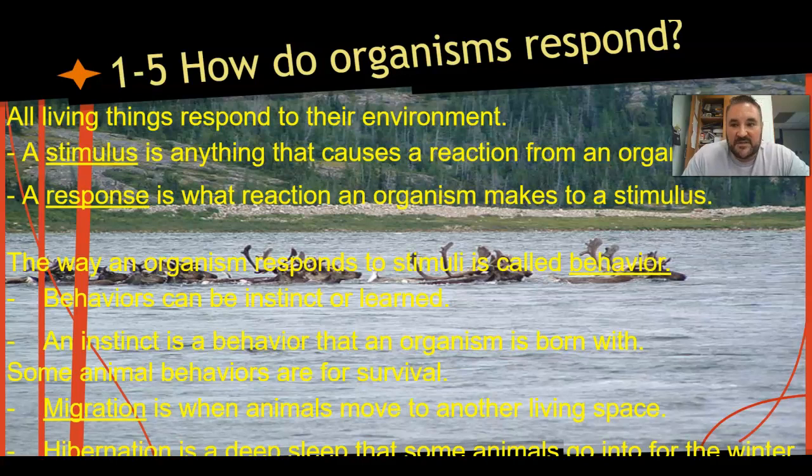A really good example this time of year, migration, when animals move from a feeding area to a breeding area usually. Common in this area, we have migrations of birds of prey like hawks and eagles will migrate. And one of the prettiest migrations you'll see, monarch butterflies. Monarch butterflies migrate from the north, where we live, to an area in Mexico every year. In the spring, new monarch butterflies migrate from Mexico back to where we are. But they never get to see where they're going. So there's an instinct that tells them when to migrate and where to go.